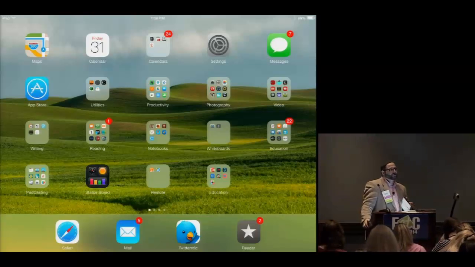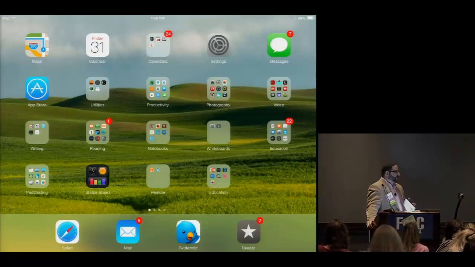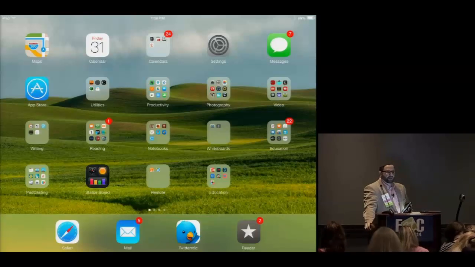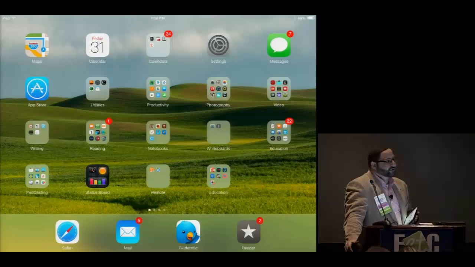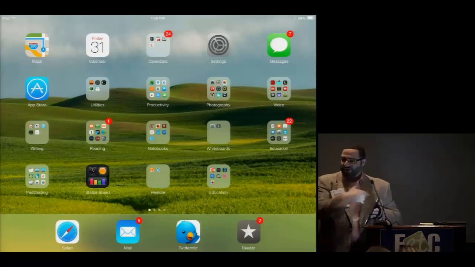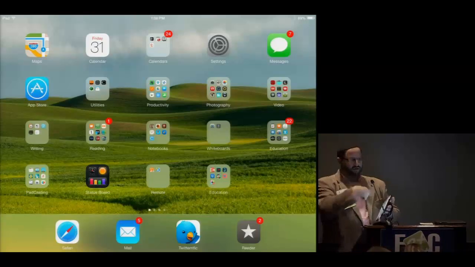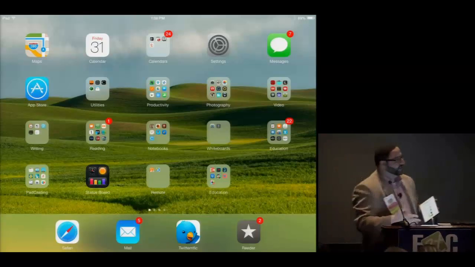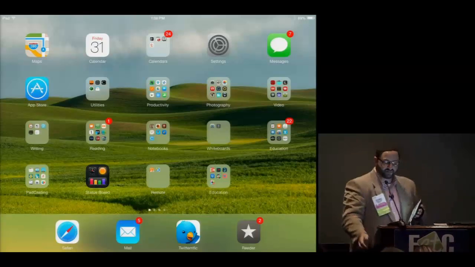TechSmith makes a great product called Screen Chomp, which is simpler to use and free, and students can use it. They're both great. There's 5 or 6 or 10 or 20 apps in this space, but you could put a presentation in there if you want to, or you can just start with a blank slate, talk, draw, and it becomes a movie. And that whole thing is recorded, and then you can do stuff with it,